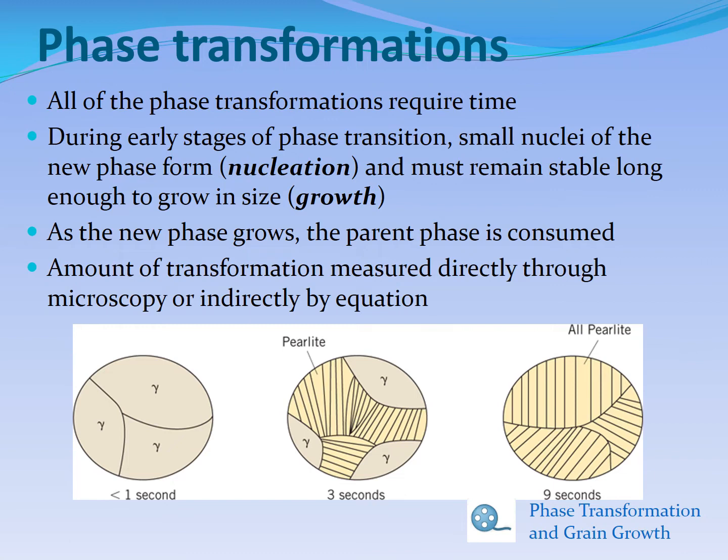So we have gamma, and we have been cooling for less than 1 second. After 3 seconds, some of the gamma has changed to perlite. Say after 9 seconds, all the gamma has changed into perlite, right? So how much time do you give for the transformation? That is why from the earlier courses until now, we have been talking of homogeneous processes and equilibrium processes. If there is enough time, then this nucleation and the growth to the structure that you normally see happens.